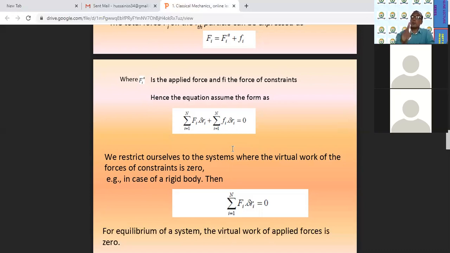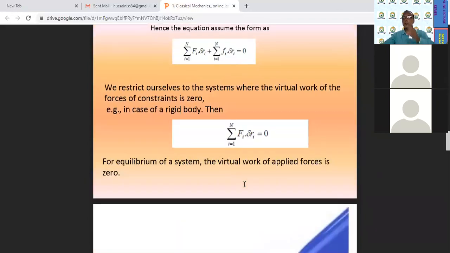तो एक particle के ऊपर दो किस्म की forces रहती हैं, one which is the applied force, and another which is the force due to its constraint. उसके ऊपर जो limitations हैं, जो restriction आ जाता है, उसकी वजह से भी एक force या tension उसके ऊपर create हो जाता है, and that force is called the force of constraint. And in that equation we have seen that both these terms come to zero. That means total work is equal to zero. And for equilibrium of the system, the virtual work of the force is equal to zero. That is called the principle of virtual work.